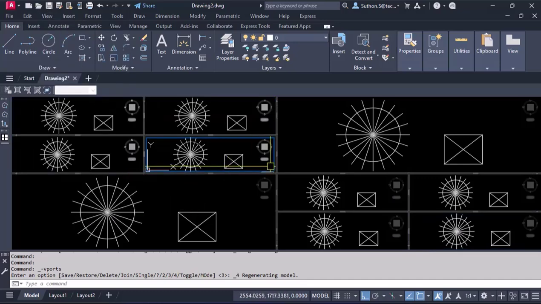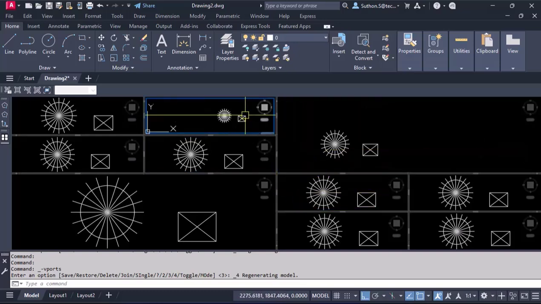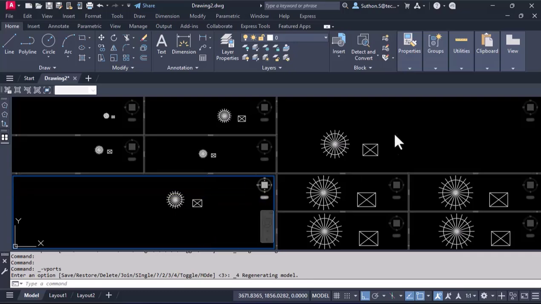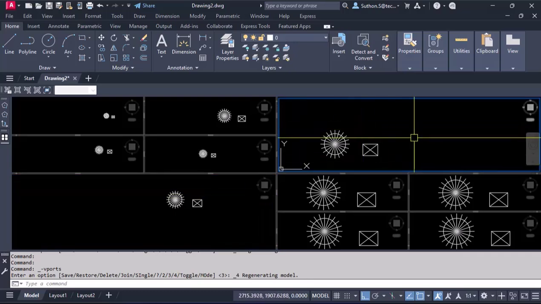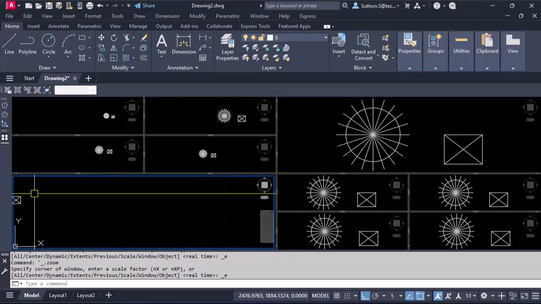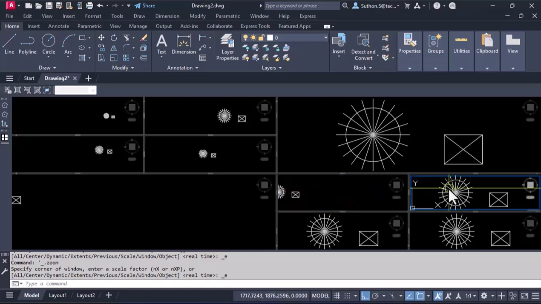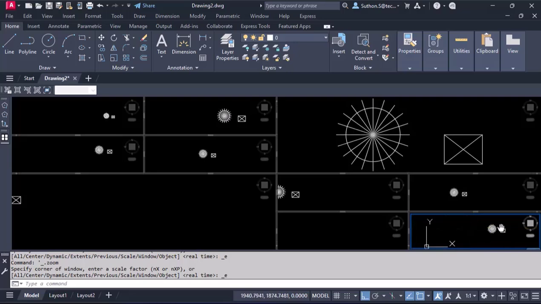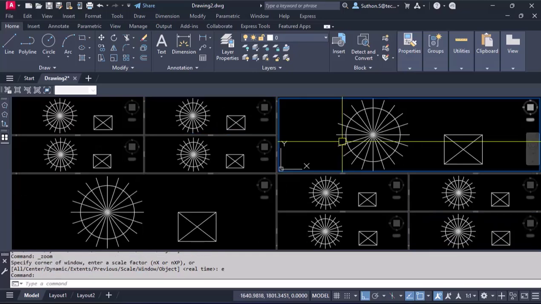You can see that right now I have 10 viewports that I can't do one by one, surely, because it quite takes time and is tedious work as I said earlier. If I would like to zoom out, I have to do it one by one manually. You see, I can't do it in a short time. But I will create a viewport like this, and then I type ZEALL, enter. All the viewports zoom extents just once.